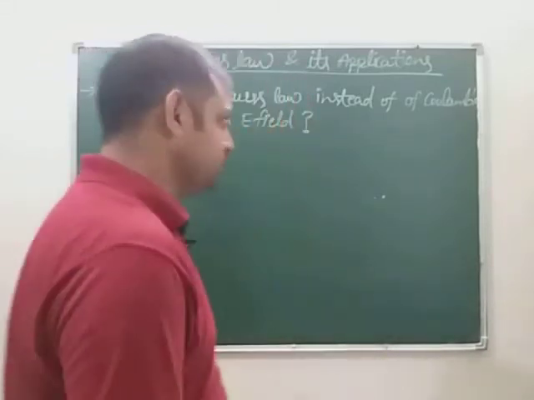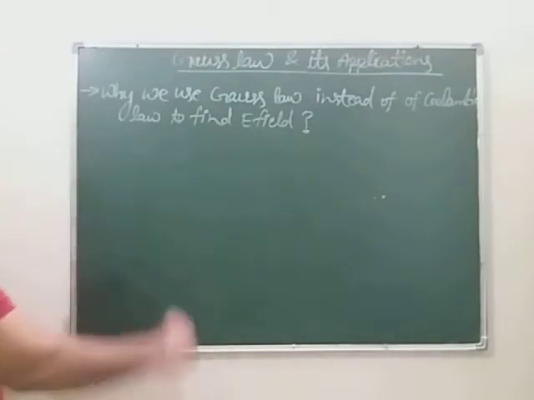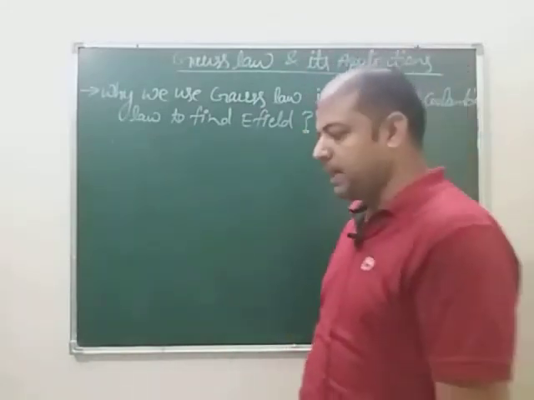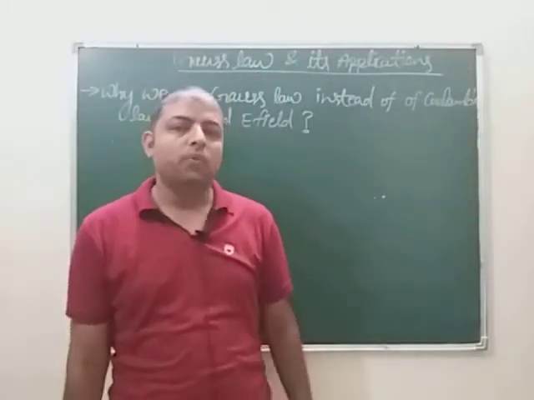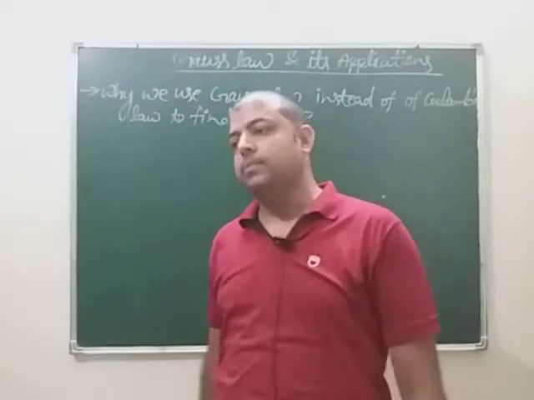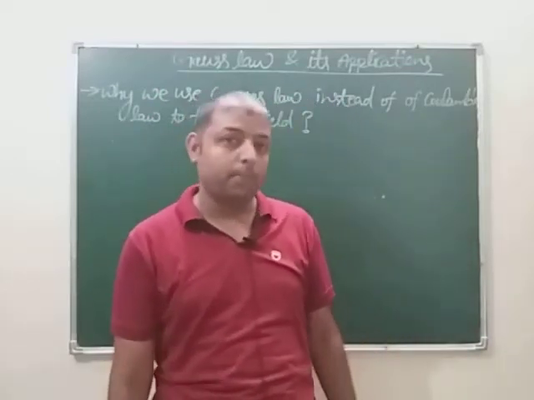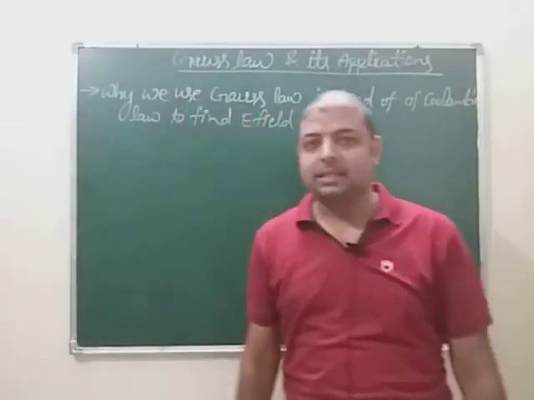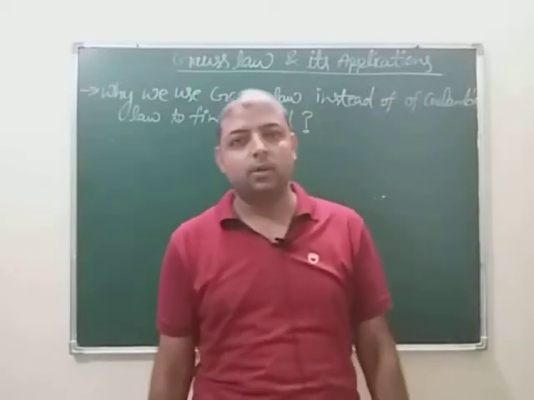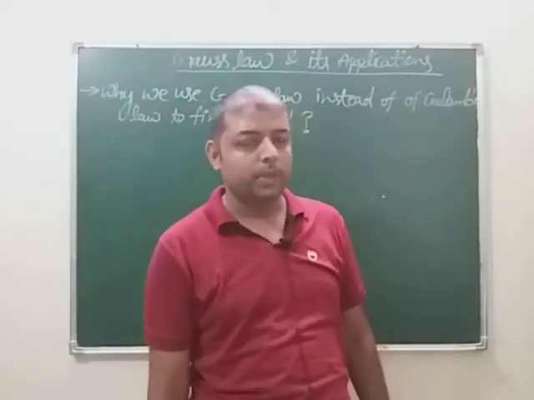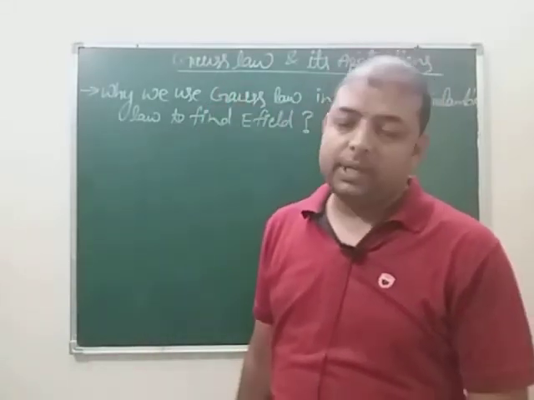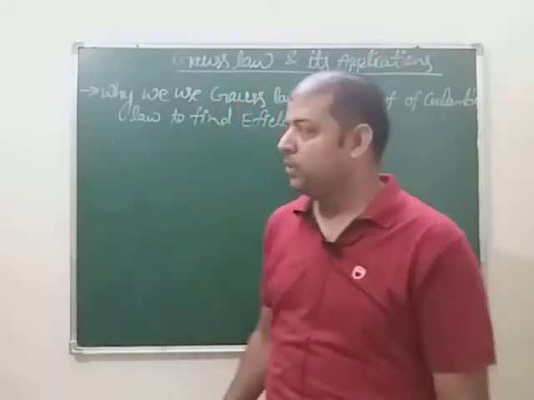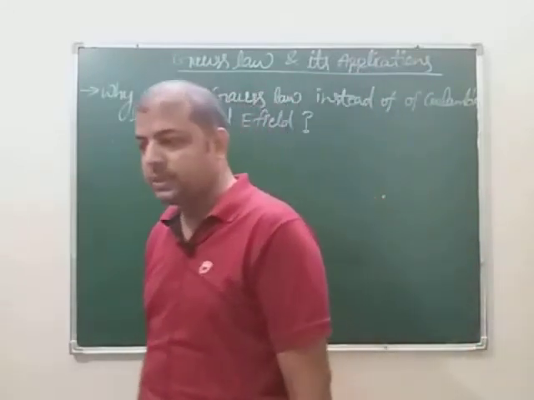I think the first question is clear to you. Again I repeat that Coulomb's law is applicable only at microscopic level when there are only a few charges. But if at the macroscopic level billions of charges are there, then the resultant electric field due to all those charges cannot be found using Coulomb's law, because it will prove impractical in those conditions, and due to this we use Gauss law. So the first point is clear.